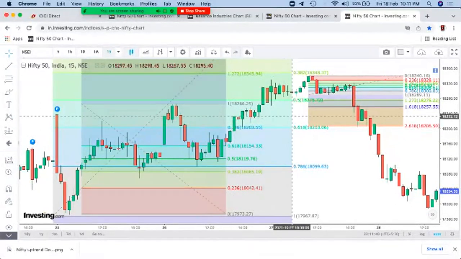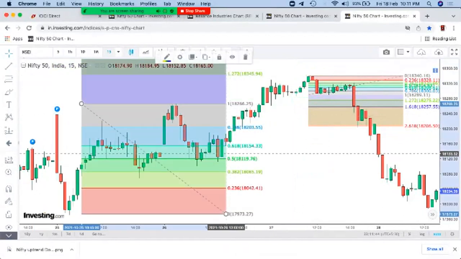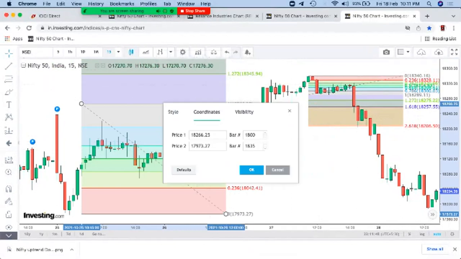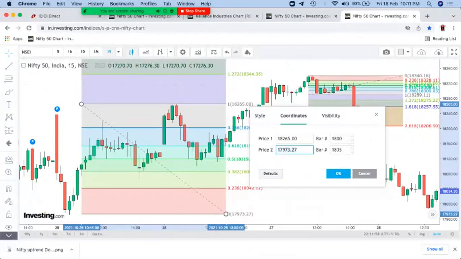Right, if I just remove this and try to be precise on this part, right, I'll just be exactly to the point. It is 265, and the low over here has been 970.65. 970.65. Right,